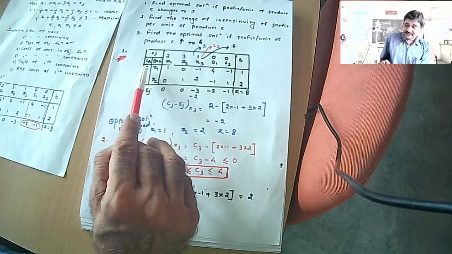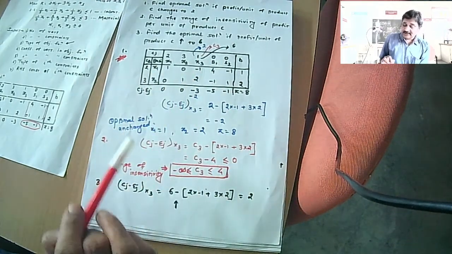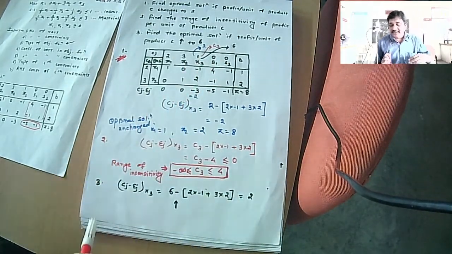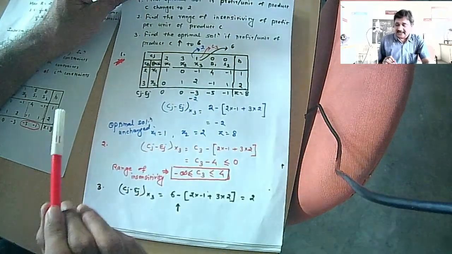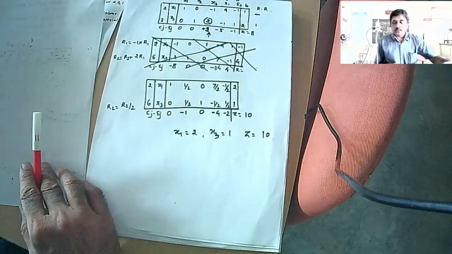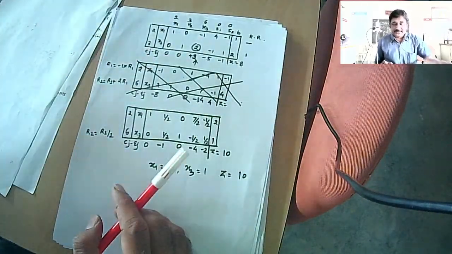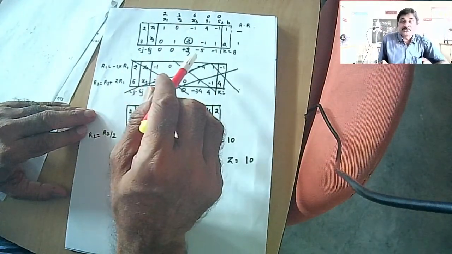6 minus Ej is coming out to be minus 2 plus 6, that is 4. Ej is 4, Cj minus Ej will be 6 minus 4. So the Cj minus Ej value for x3 is coming out to be 2. And here it is. I have repeated the table, redrawn the table here, and that comes plus 2.